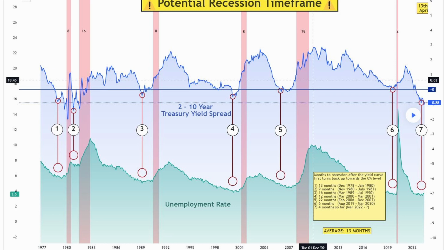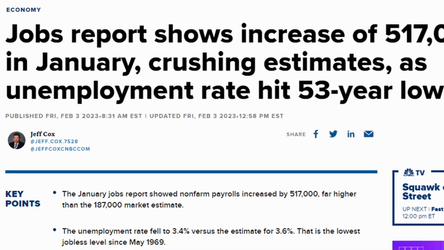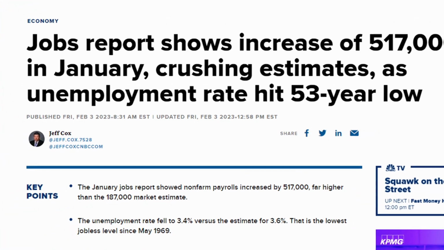And something else that I want to highlight, you'll see below there, the unemployment rate. What happens to the unemployment rate as we are in this inversion period? The unemployment rate goes down. The trajectory is down until right before the recession actually hits. So what we're seeing in the news, jobs are good, unemployment's down to a historic low. These are normal for pre-recessionary periods. And not until we're actually in the recession do you see the job losses spike up. But the inversion takes place.